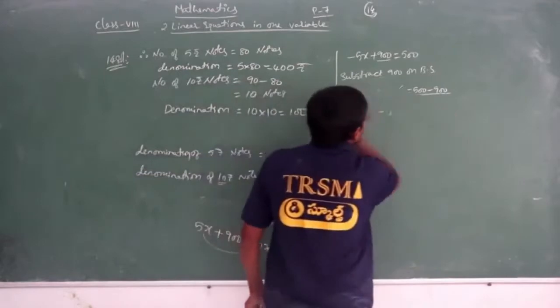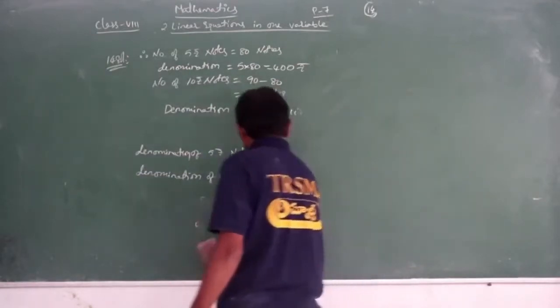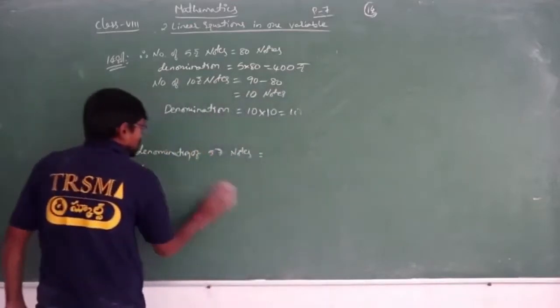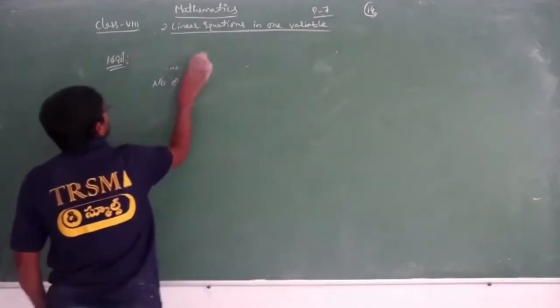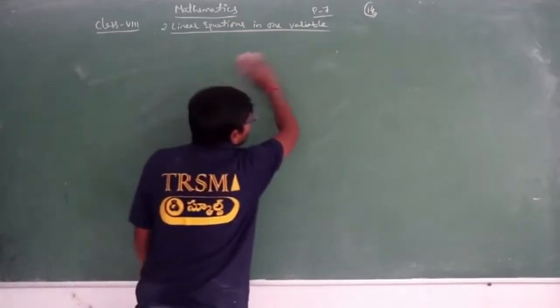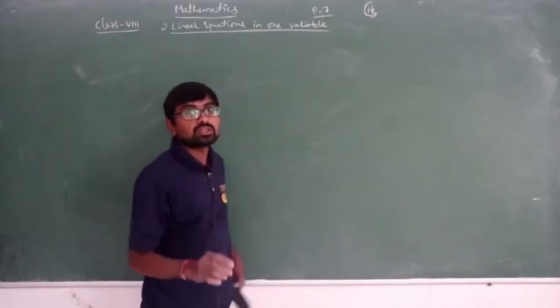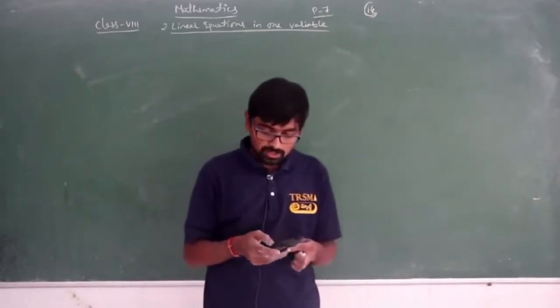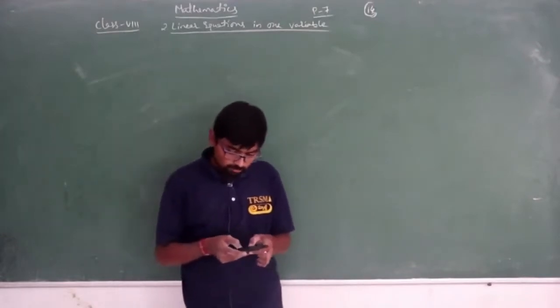Okay. So the next question is also the same, that is cost of pencils, pens. Okay, you can do it. Question number 15 is the same as here, where we have notes and the denomination, there we will be having cost of pen and pencil and number of pens and pencils.